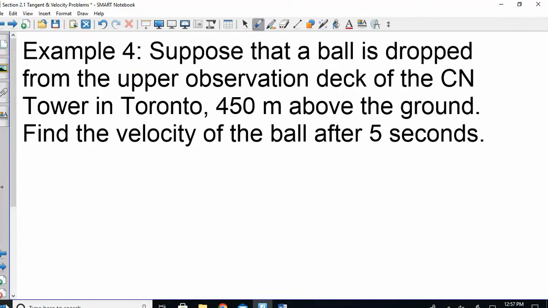So suppose that a ball is dropped from the upper observation deck, which is 450 meters above ground. Find the velocity of the ball after 5 seconds. All right. So we could get a height equation, couldn't we? If we're looking at my height function,